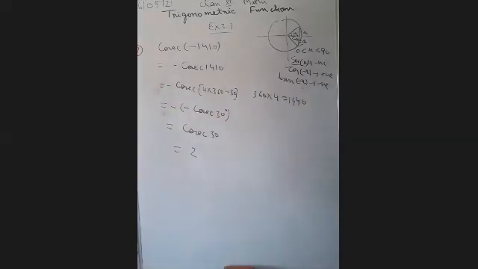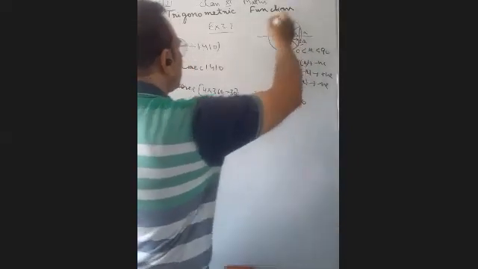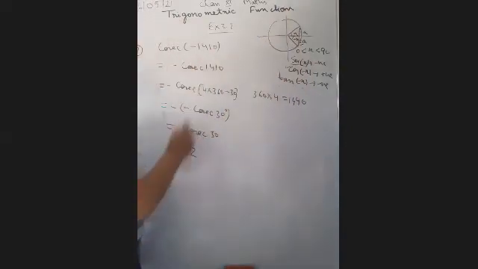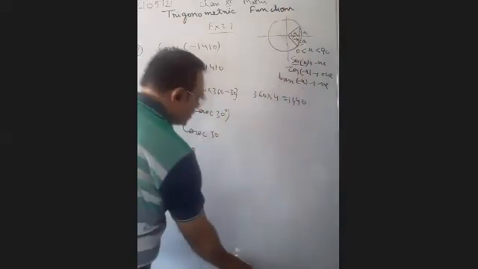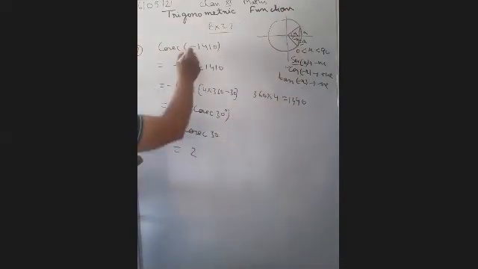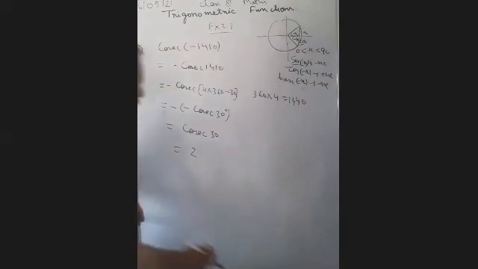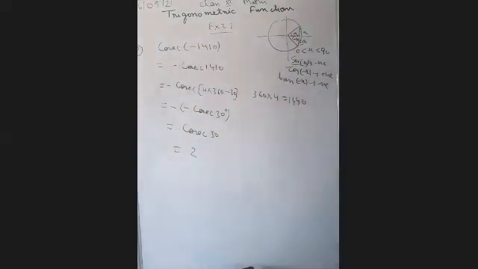Sin theta and cosec theta both are reciprocal to each other. Okay, in this way you have to solve the other question. If they are coming in fourth quadrant, you have to remember which ratio is positive in the fourth quadrant. Only cos and sec are positive. First of all, we have to use the formula cos 360 minus x. This will be minus cos x. Now we take another question.